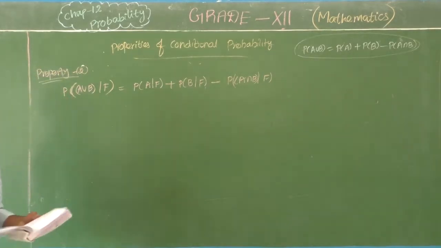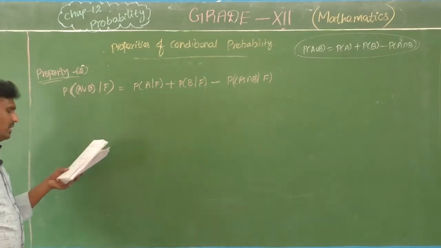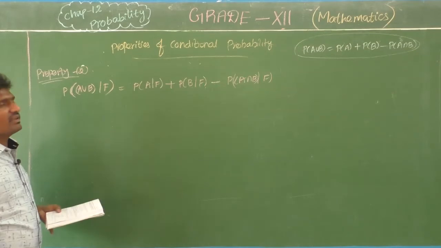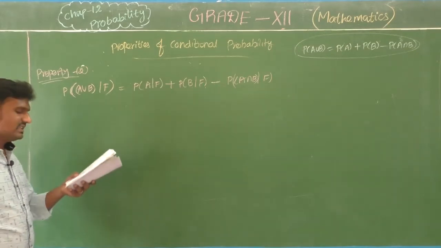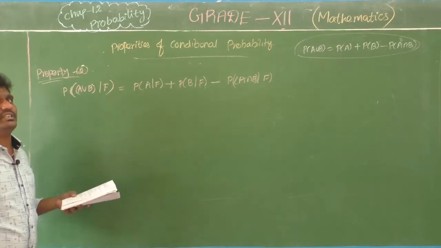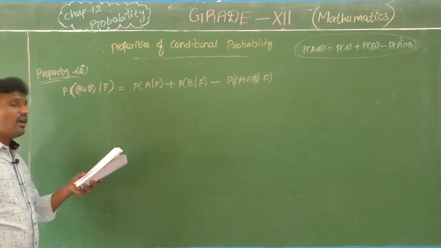Now I am going to read property 2. Listen carefully. If A and B are any two events of the sample space, and F is one event of the sample space,